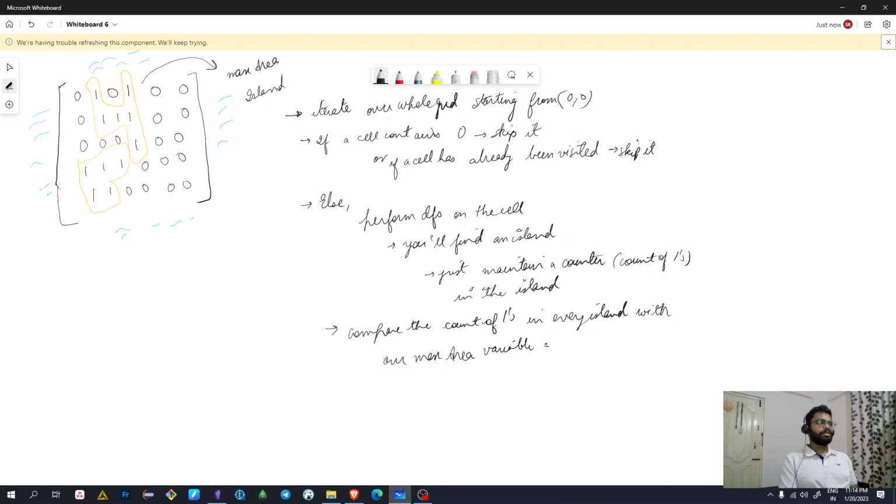What we are trying to do is, it's kind of similar to previous problems, just we need to maintain a counter variable where for every island that we visit, we'll keep a track of how many ones that we have seen in this island. Okay, so I'll come to that code for now, but let's see how this is. When we visit this one, we'll visit this one. So we'll come up with this island. For every island, we'll maintain a counter. For this one, it will say